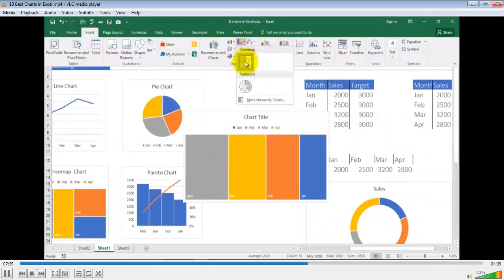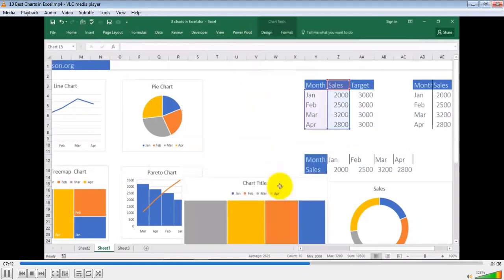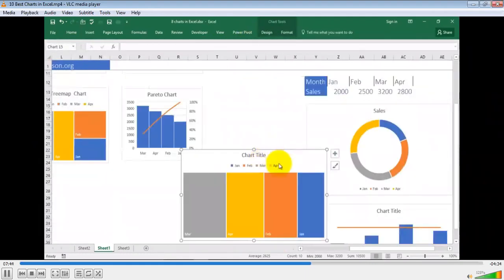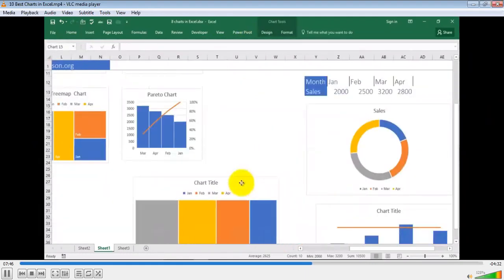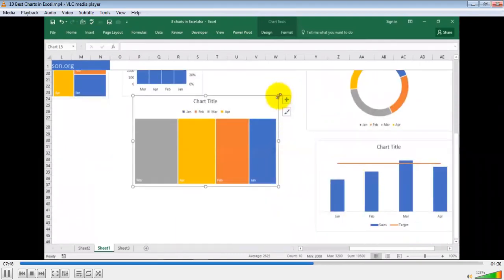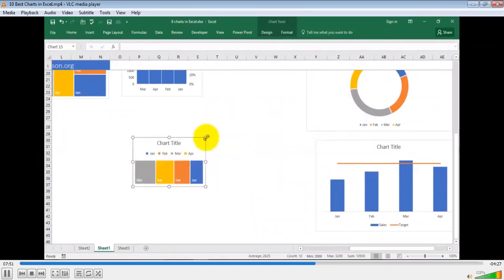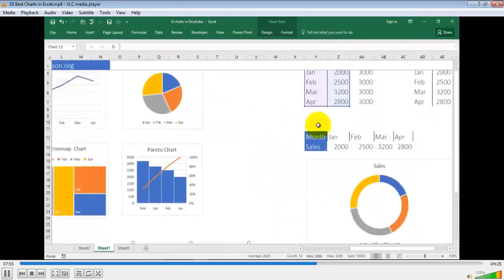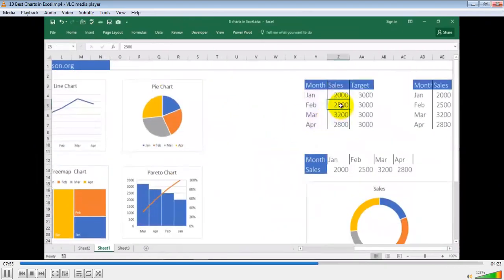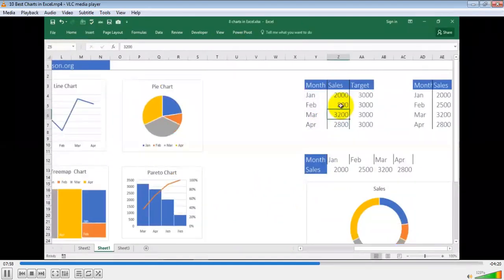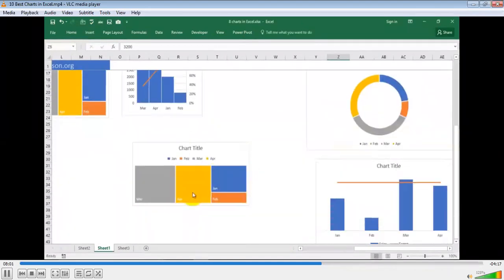This is my tree chart. And here is the data. I will go ahead and place it. Now, if you try to reduce the size, it will retain its symmetry. If I change the data over here, say if I make it 800, see, this changed.